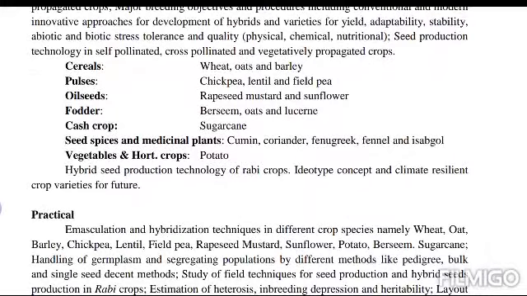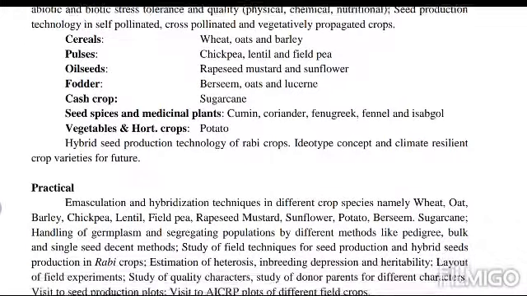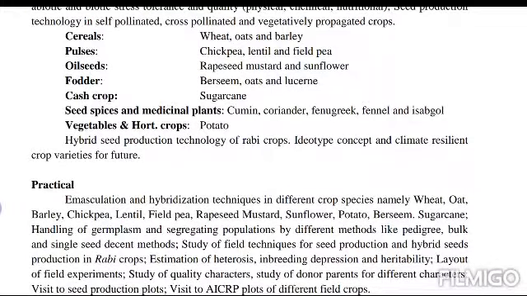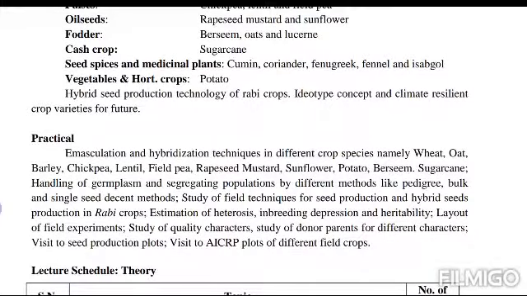Remember, this is for Rabi season. This includes cereals like wheat, oat, barley; pulses like chickpea, lentil, field pea; oilseeds like rapeseed, mustard, and sunflower; fodder like berseem, oats, lucerne. Cash crop, sugarcane. Seed spices and medicinal plants are taken here like cumin, coriander, fenugreek, fennel, isabgol. Vegetables and horticulture crops like potato. Then hybrid seed production technology of rabi crops, ideotype concept, climate resilient crop varieties for future with respect to the